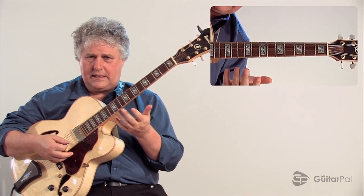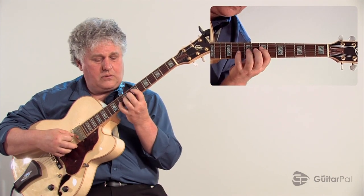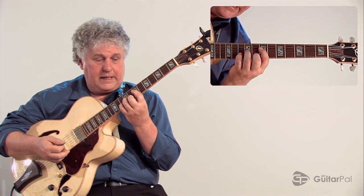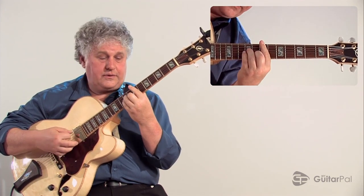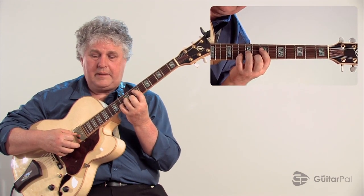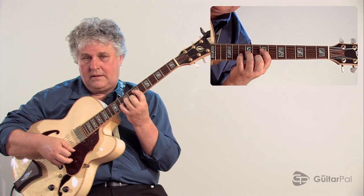But now let's do the 1, 4, 5 chord progression in this key, which is A minor. Our first chord that we just did is A minor, and then the 4 chord would be D minor. There's different ways to do that, but let's do it here, and then just do E minor, and then end on this A minor. Okay, let's try that again. A minor, D minor, E minor, and then underneath that,